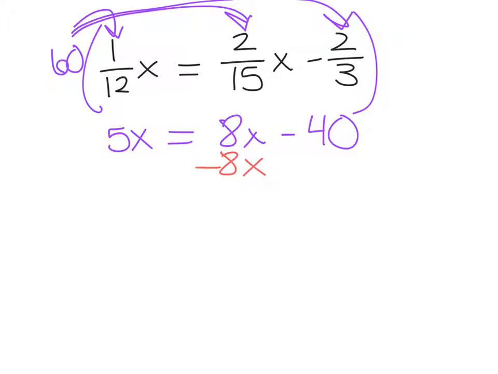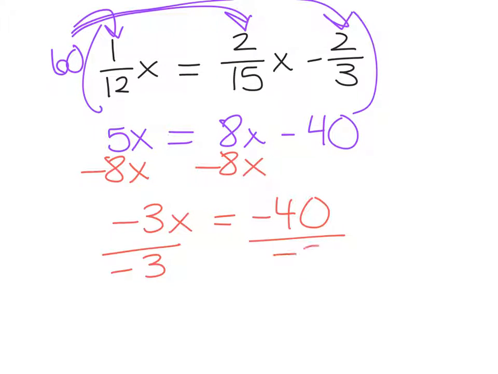So I'm going to move x over, which is going to give me minus 3x equals minus 40. When I divide everything by -3,